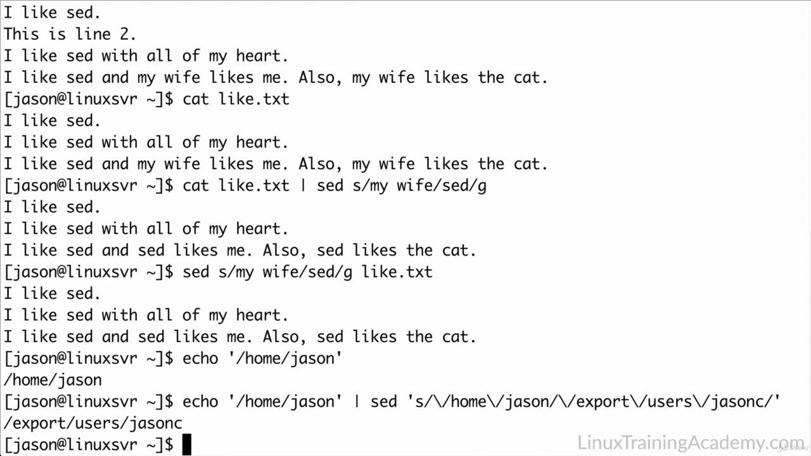A nice feature with sed is that you can use any character as the delimiter. So let's use a pound sign instead. The first character that follows the s will be treated as the delimiter no matter what that character is. So let me give you an example here. I'm going to use a pound sign, and now sed